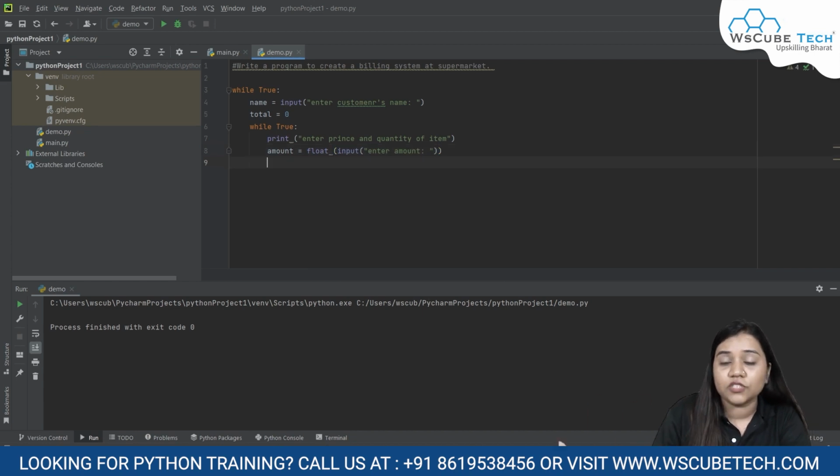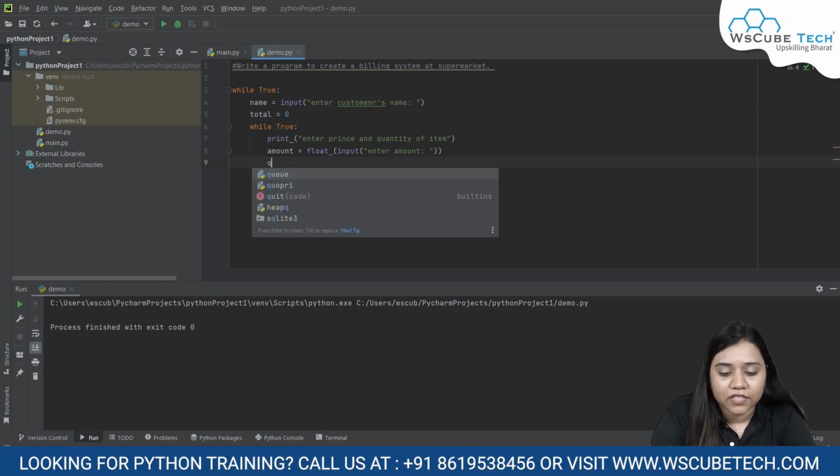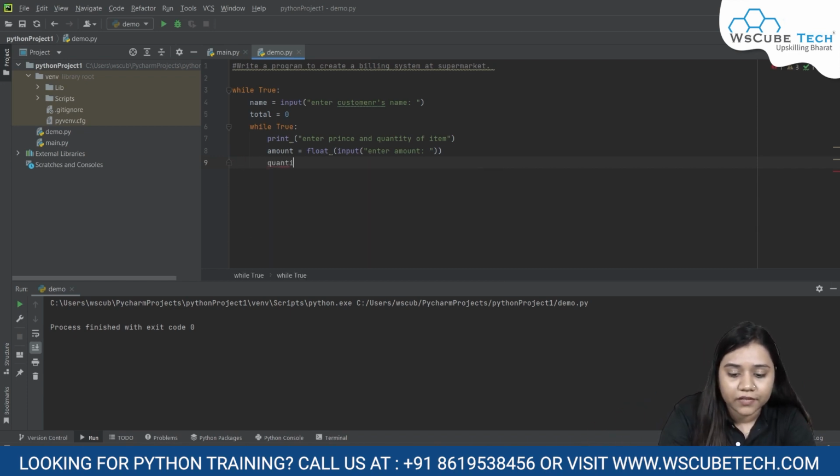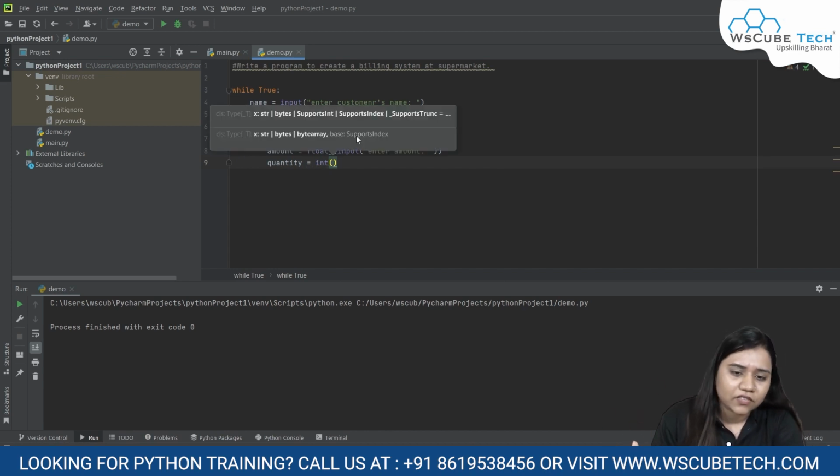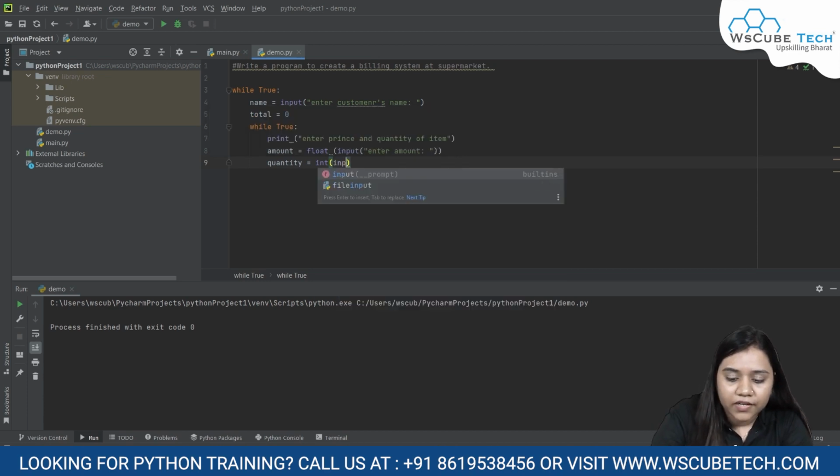Similarly, how much of these items we are buying. Let's say we have an amount of 100, but how many of this item we have bought? Let's say if it is 5, then it will become 500, right? So we will be asking for the quantity over here. quantity is equal to int. Now quantity cannot be in decimal. The quantity will be in packets only. So yes, we will be using quantity in integers only. So quantity input,